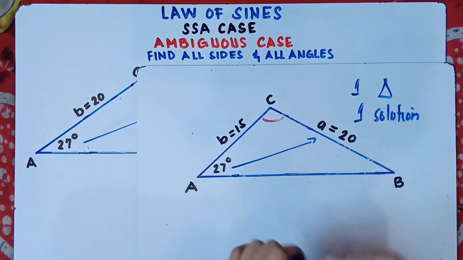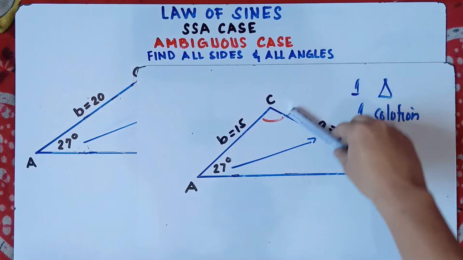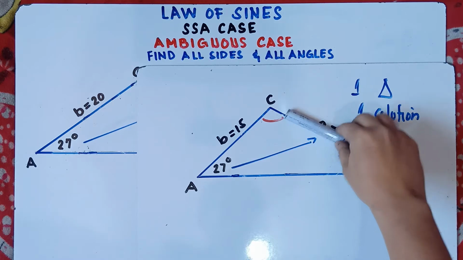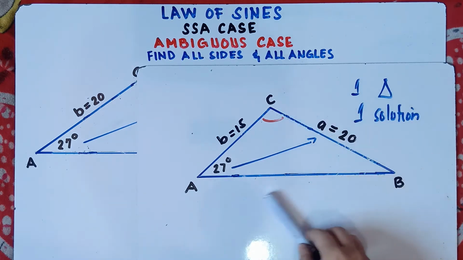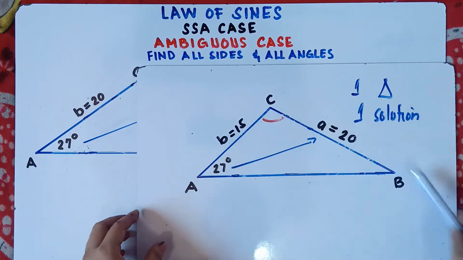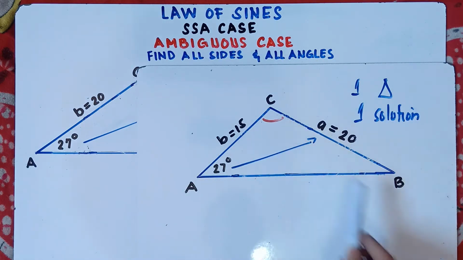Once again, why is that, sir? Because if you rotate this particular side here, we cannot do that. You will be extending the side AB. If you rotate it here, of course, you will be out of this line. Therefore, there's only one triangle. You cannot rotate this one. This is the only triangle, class. One solution. So to find the sides and the angles, you can simply use the sine law.